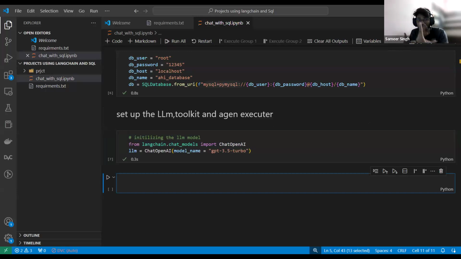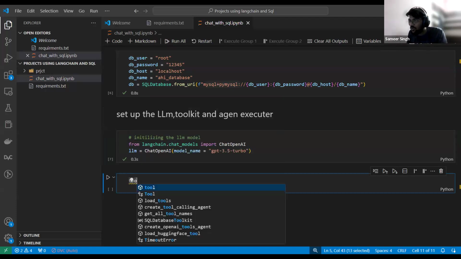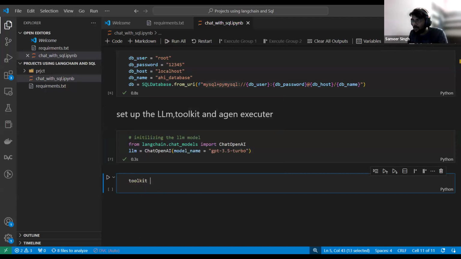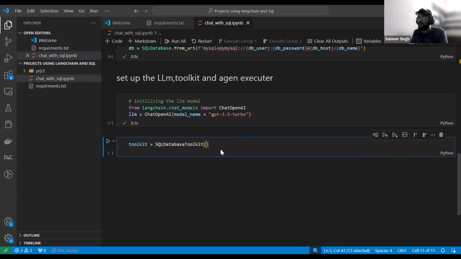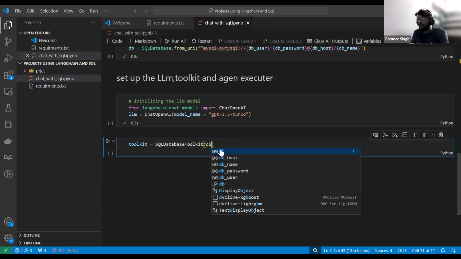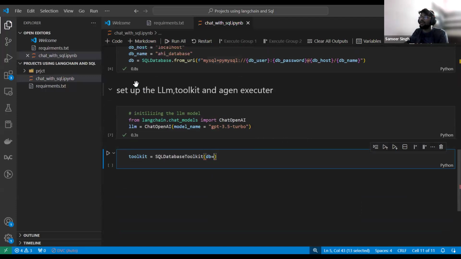Let's initialize the toolkit. Now, be focused. I'm just creating a variable by name toolkit. We have installed the SQL database toolkit over here, right? See here. Now the same thing, I'm going to use it. And here I will say DB. We have created a DB also. See here, this is the DB.